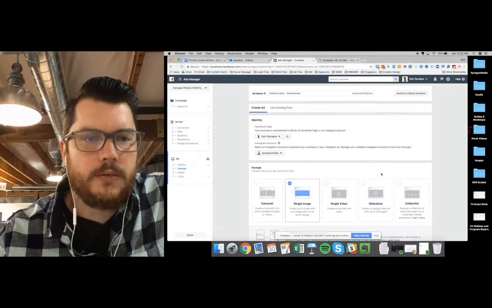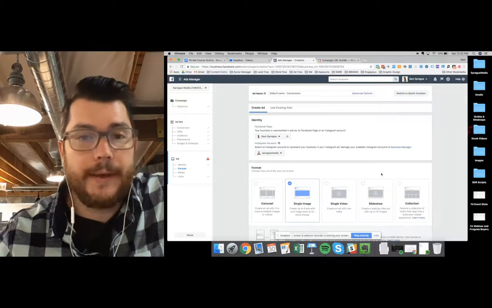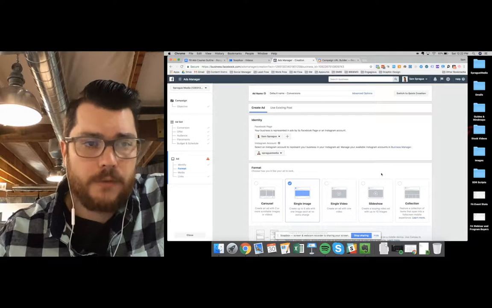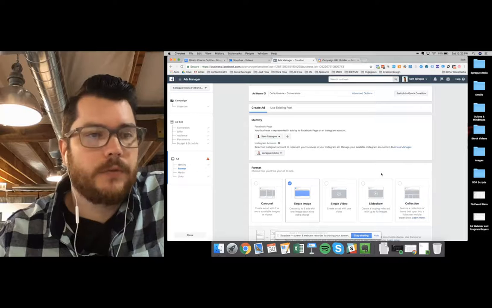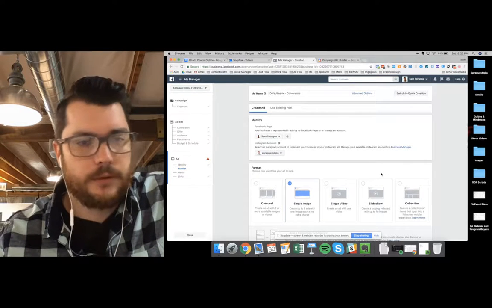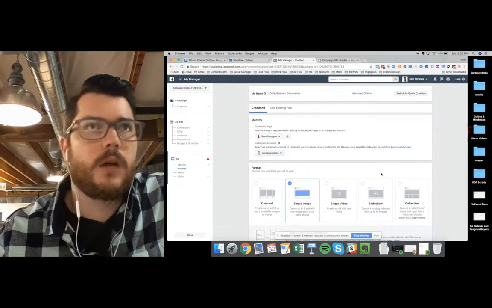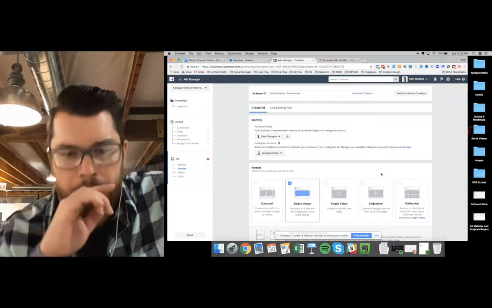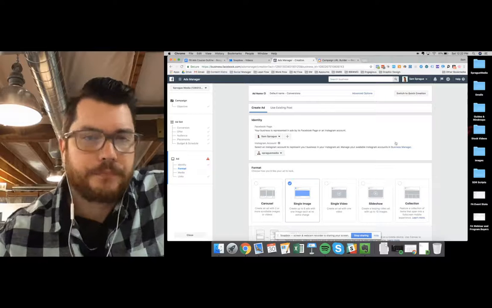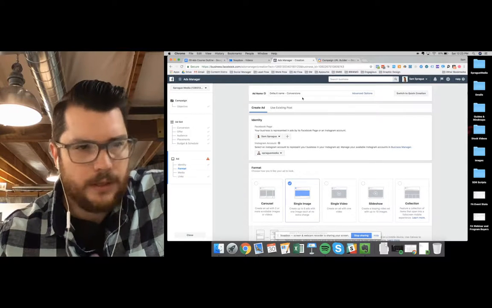Okay, so now we get into actually creating the ad itself. So we've gone through our campaign, we've chosen our goal or our objective, we've gone through the ad set, we've decided who the audience is that we're targeting, our placement, our budget, our schedule, all those things. So now as we get into the ad, obviously one thing I didn't hit on with those other two